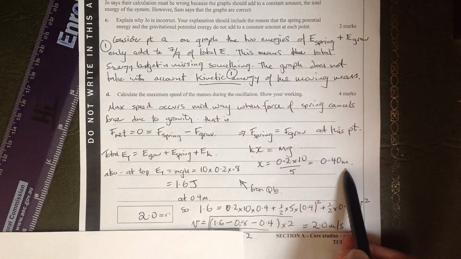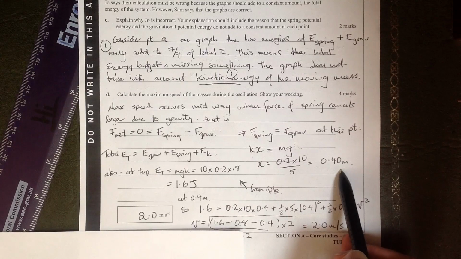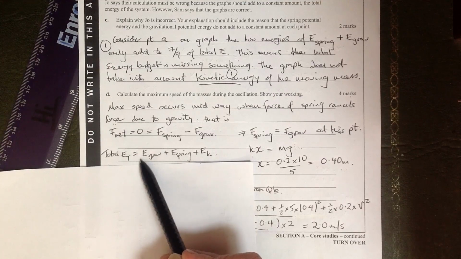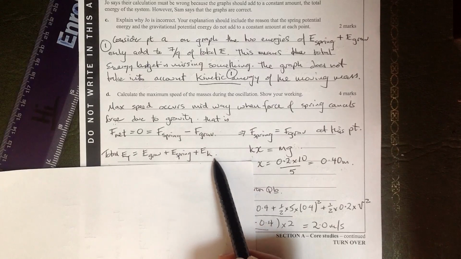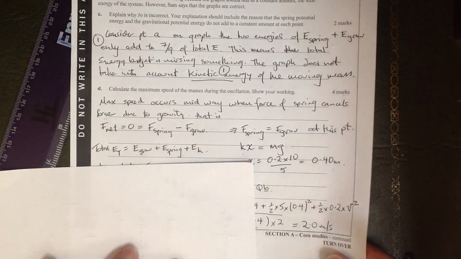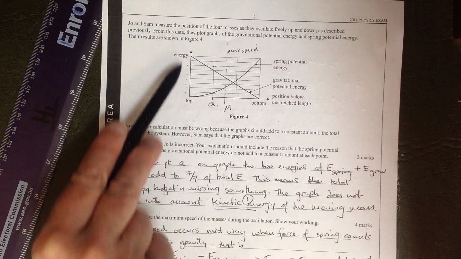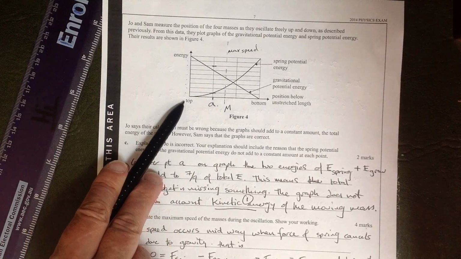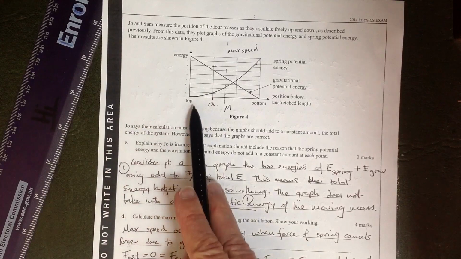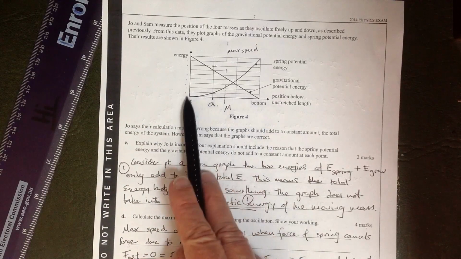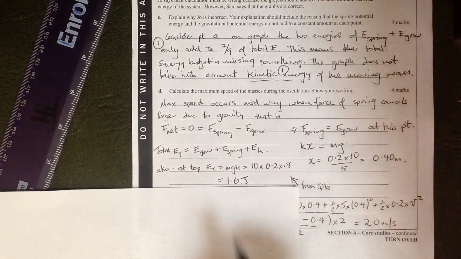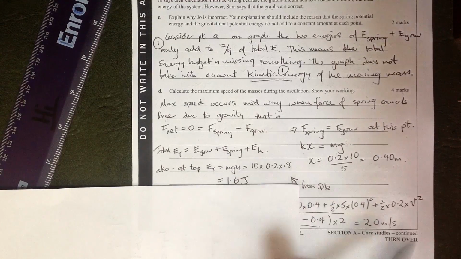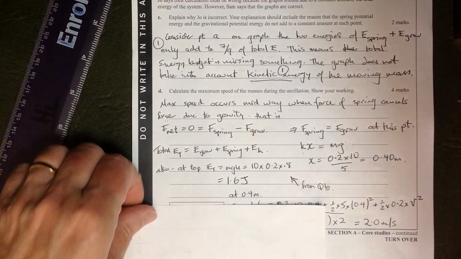So now we know this piece of information, we can use that to look at the energy that's going on in the system. We know from over here that the total energy of the system should be equal to the gravitational potential plus the spring potential plus the kinetic energy. Now remember, at the top and the bottom, it's not moving. So at the top and the bottom, the total energy budget is only made up of either the potential energy at the top or the spring energy at the bottom. So there's only going to be kinetic energy when it's in motion between these 2 points. What this means is we can use the situation at the top to determine what the total energy budget of the system actually is. So using mg